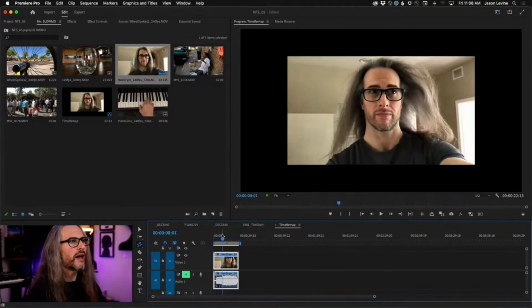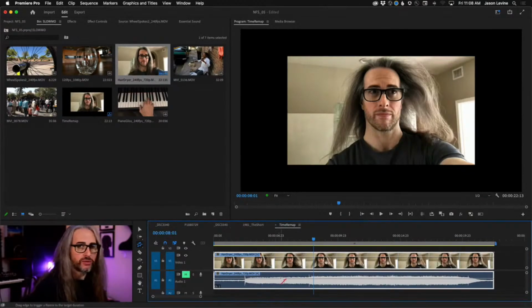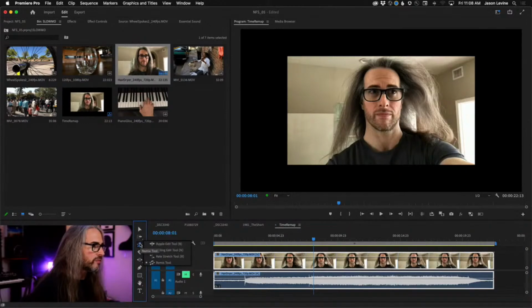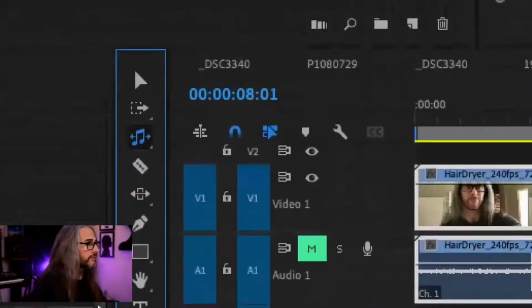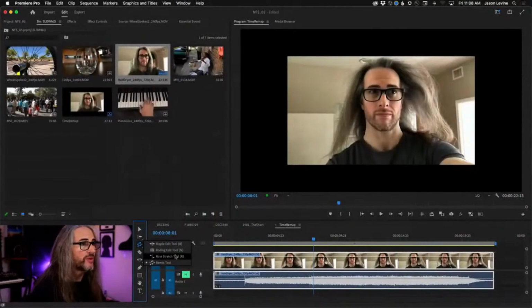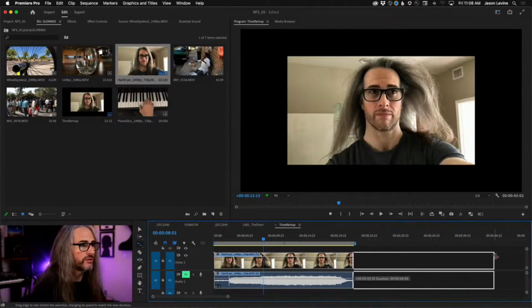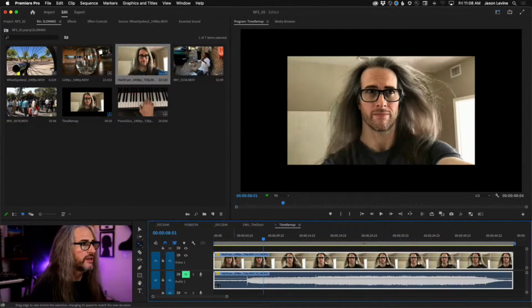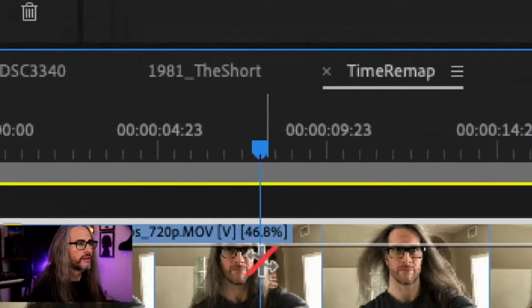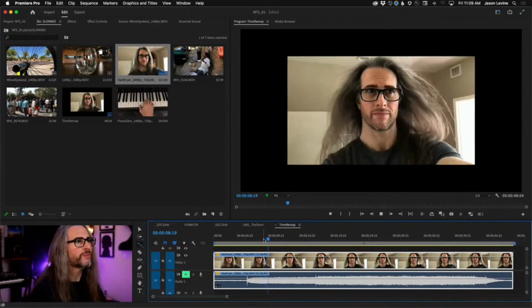All right, so how do we slow this down? This is 240 frames. Okay, as mentioned, lots of ways to do it. Now, last week I showed you, if we go back into our tools panel here, we have the rate stretch tool, right? So this is an easy way, without thinking about it, I can grab the rate stretch tool and I can just drag this out and extend the duration. And it will automatically apply a 46.8% speed adjustment